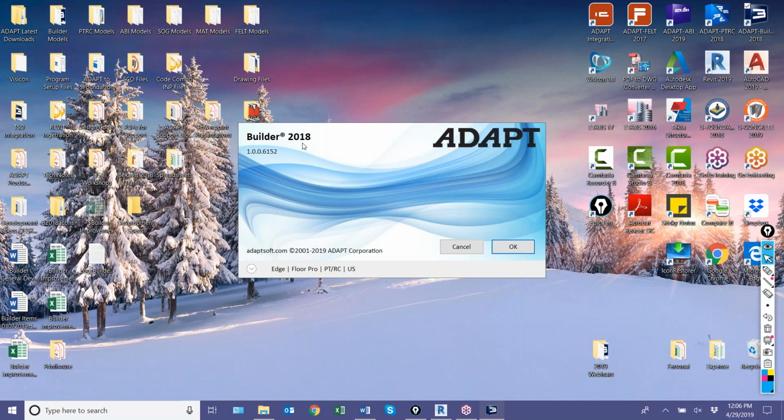2018 Build 2, and this will be distributed today to users who are actively using Builder. This was prepared on Friday of last week, and there are a few minor fixes that were made between Build 1 and Build 2. Mainly being able to view crack deflections inside the main viewer, and also being able to view